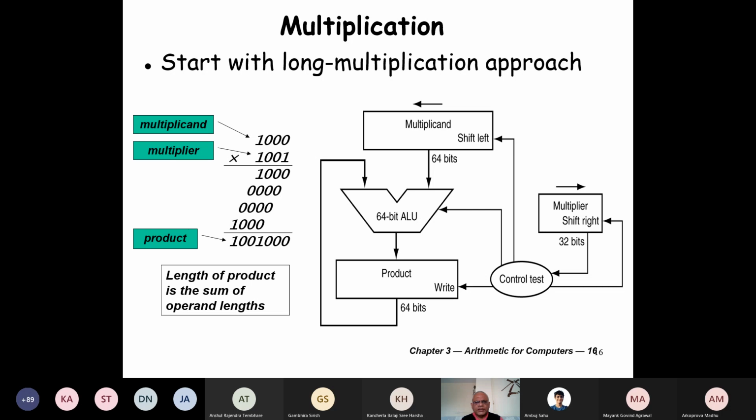Okay, Bandit, how many cycles will it take for the multiplication to complete? How many cycles do we need in this hardware? We don't actually use this hardware. This is extremely simple hardware to understand. We'll see optimized hardware. If we understand this, we can understand the other hardware. Otherwise, it will be extremely difficult because that's the optimized one. So, Bandit, can you tell me how many cycles it will take to multiply two 32-bit unsigned numbers?